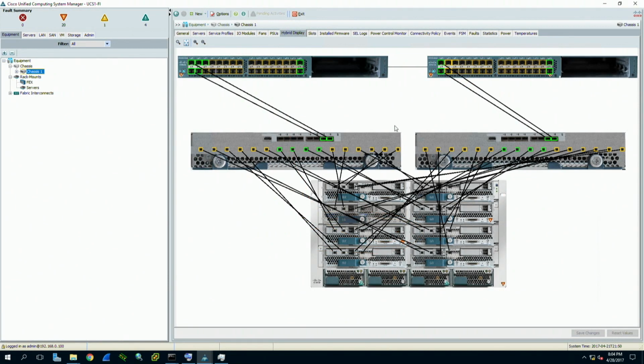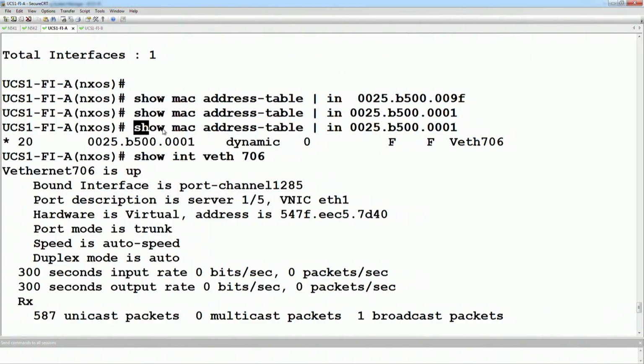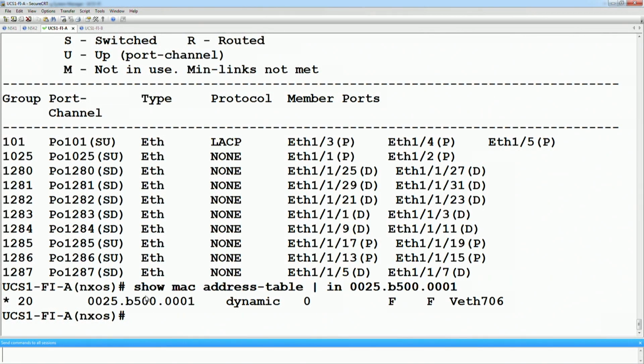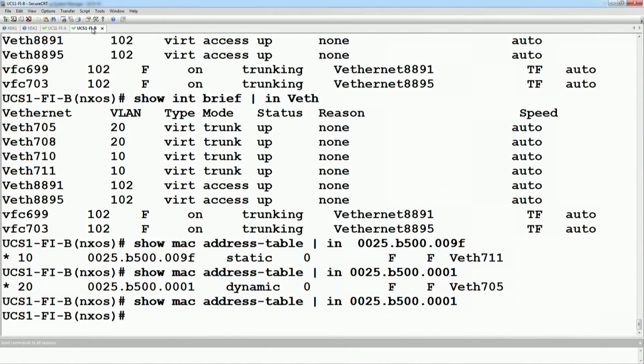Okay, but notice here, a really key point is that the I/O modules do not have east-west connectivity between each other. This link here is the L1, L2. That's only for the cluster, in other words, just for the config synchronization, not for the control plane synchronization. And that's why, when we looked at the CLI and the show MAC address table output on the FIs, they see a different view. So Fabric Interconnect A knows about the 0001 address, Fabric Interconnect B does not, because they're not syncing the CAM